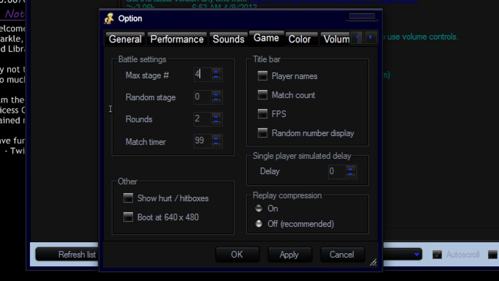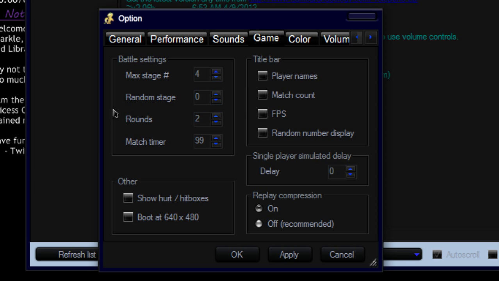Now, rounds. This is the number of rounds to win a match. I got confused with this at first, thinking it was how many rounds could happen maximum. However, it's nowhere near that. Like any ordinary fighter, there are rounds to the fights, and say winner of round 1 gets 1 point, which is normally represented by a little box or a circle or some representation somewhere on the screen.